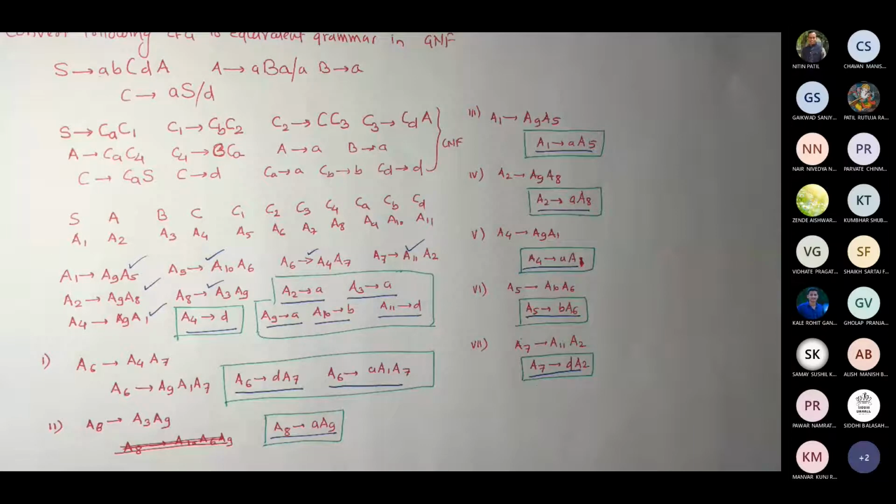I have added, by the way, the method of how exactly this GNF conversion is done. So you can see on Moodle. Okay, there is a PDF also added. I have added one example of CNF, and I have also added a solved problem for GNF. So you can see one more additional problem apart from this. Yeah. So now let me take the last example for GNF.